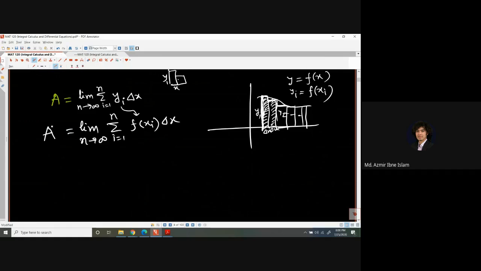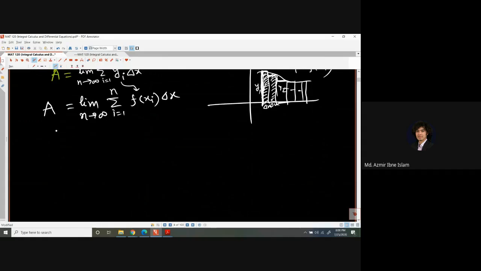Okay, so this part is giving us the value of the area of any curvature shape. Okay, so if we add up all the rectangles' area, then we will get the precise area. Okay, so for that curve,